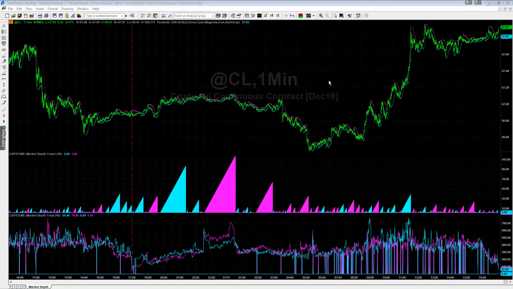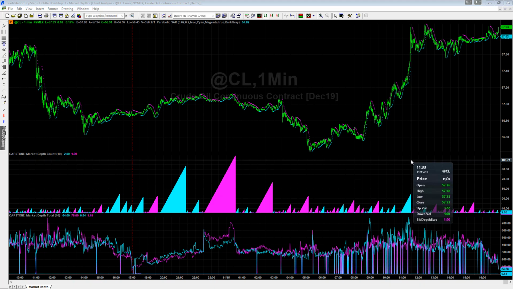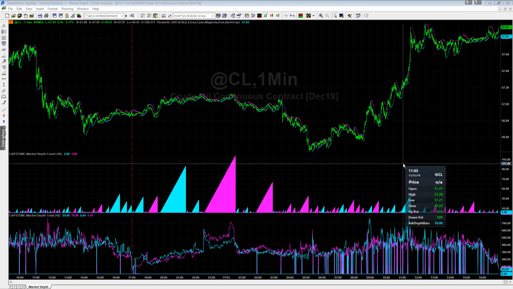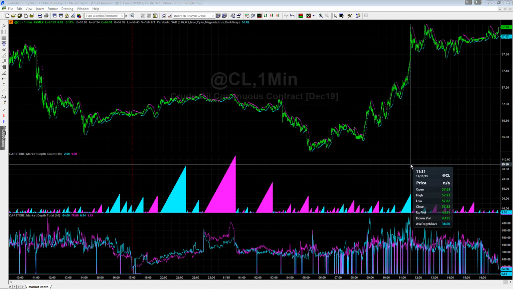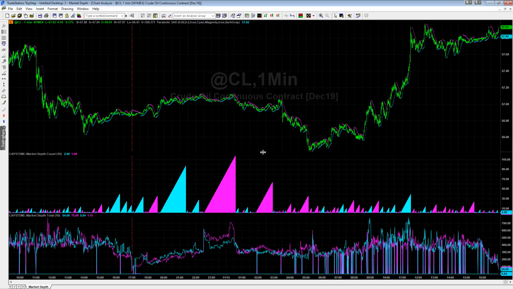Crude oil is one of the best markets to catch breakouts and parabolic moves. You see this parabolic move yesterday. Nice. I like parabolic moves because they have little adverse excursion. If you can get in at the right time, it doesn't go against you, and the profits are quick. And the market depth indicator is one of the best ways, when combining this with price patterns, to capture these